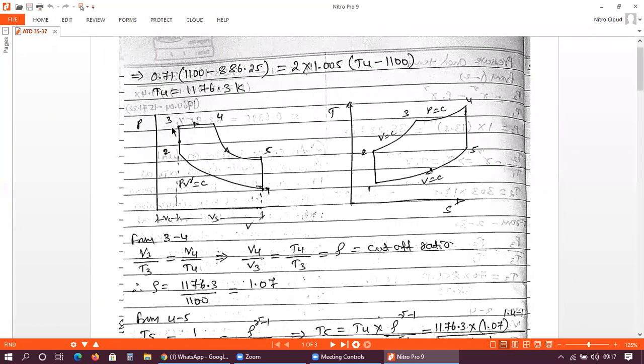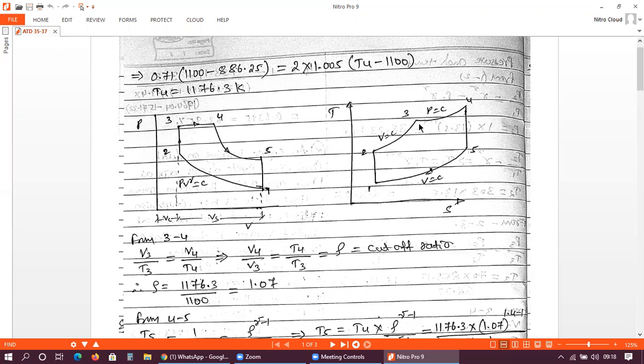It is 1200 degrees Celsius. So point number 3, you can see here, indicates the temperature at the end of the constant volume. This is the constant volume process on the PV diagram, that is 2 to 3, and from 2 to 3 the temperature is increasing, right? So this is a constant volume process. As you can see, V is equal to constant here. So the T3 value is given, that is 1200 degrees Celsius.